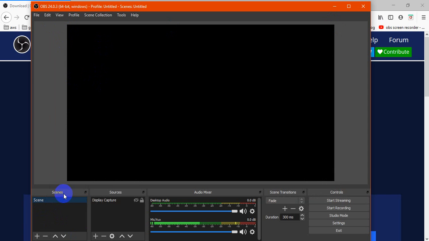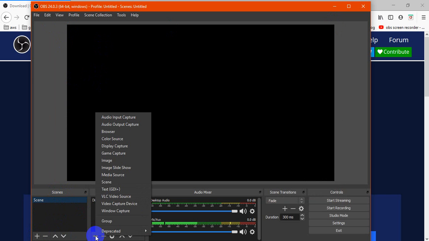Okay, and now this is a scene, you need to create a new one. After that you need to create the source. Okay, so if you want to record the screen you need to choose display capture. Otherwise, if you need audio and browser or any other thing you may choose that, as per your need. But by default, if you use it for screen recording, you need to choose display